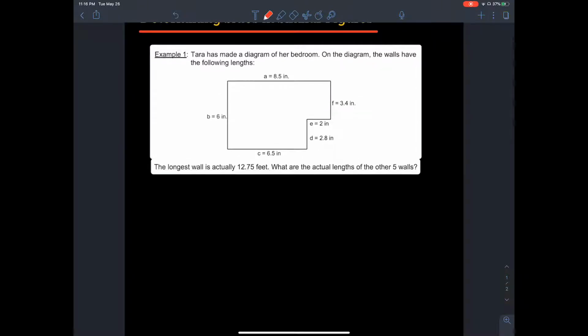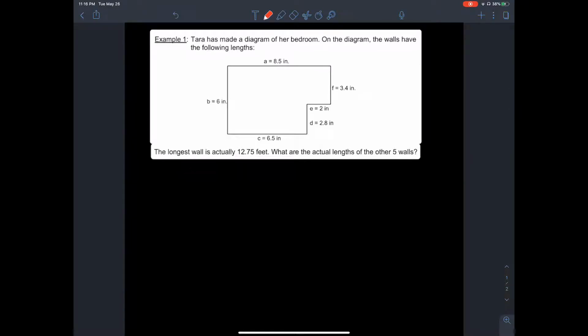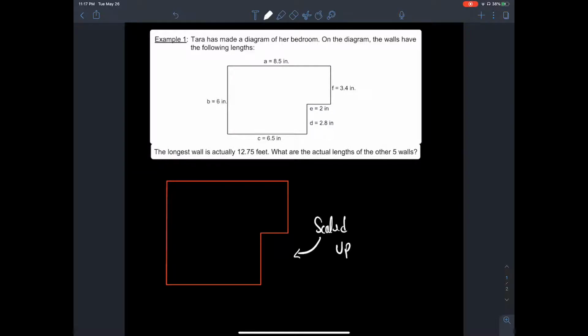So what we're going to do is set up an exact replica of this, just to stay consistent with what I'm trying to drive home here. It probably looks something like that. Wow, that was actually really nice. We're going to call this the scaled up version, the bigger version. And on this bigger version, Tara knows that the longest wall is actually